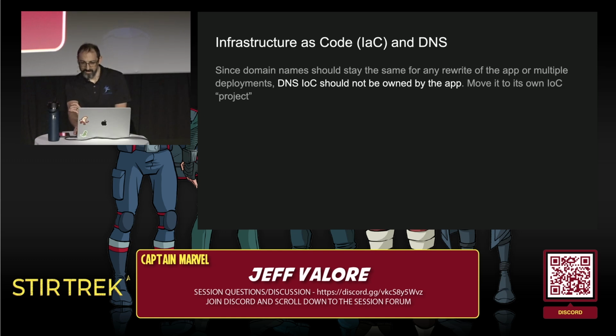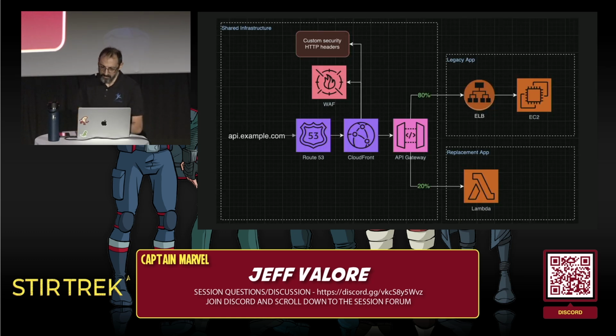So my recommendation here becomes to move off some of the common shared infrastructure as code stuff like DNS into a separate project that maybe an ops or a DevOps team can manage between different APIs that will plug into it. What we actually ended up with was something more like this, where we had a bit of shared infrastructure that owned the domain names, all 4 of them or whatever, deployed common WAF rules for everybody so that all the projects were consistent, and